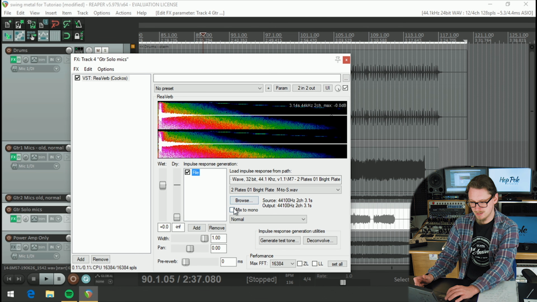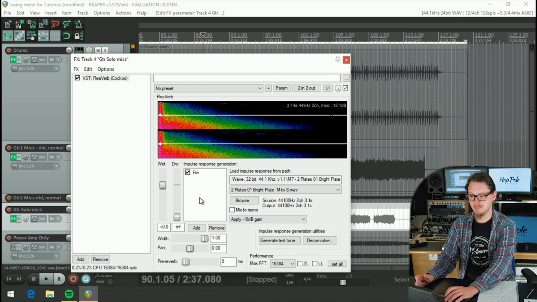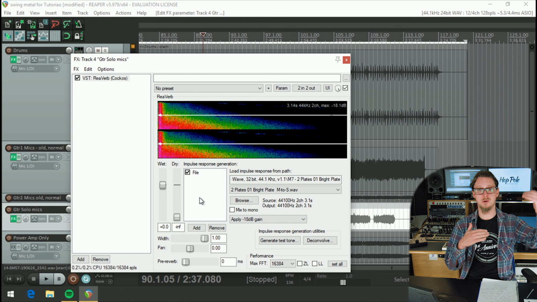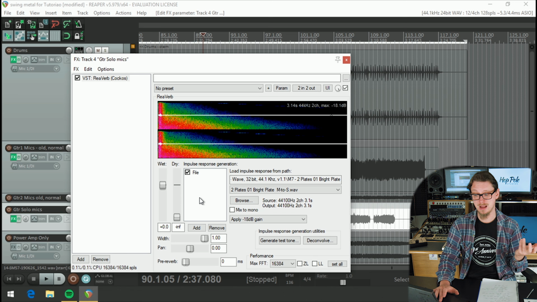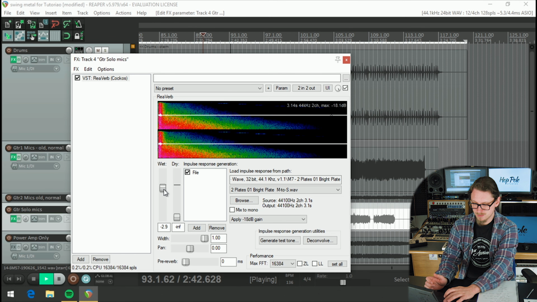And that needs to come down in volume, so the first thing I need to do, where it says normal, is apply minus 18 dB gain. Because that'll suddenly make this a reasonable volume level, because quite often impulse response files come in really loud and make everything really loud. So if I add that in with the dry now,